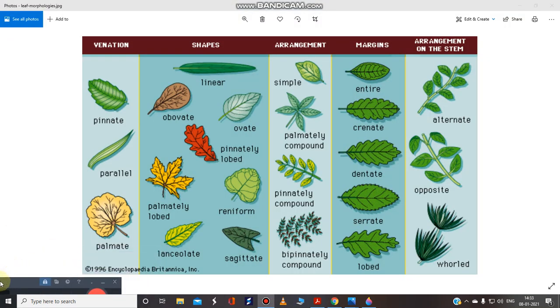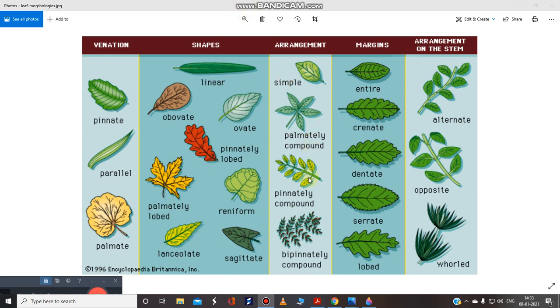So this is important. If you talk about the leaf, as per venation, you will find this is parallel type. Sometimes this type of venation is also known as the pinnate type or palm, like हाथ की जो हमारे palm है उसकी तरह. So basically you must know some of the points over here. There are different shapes of the leaf because there are numerous shapes, like sometimes you will find linear, ovate, obovate, palm like our fingers, हमारे हाथ की तरह, reniform, lanceolate, etc.